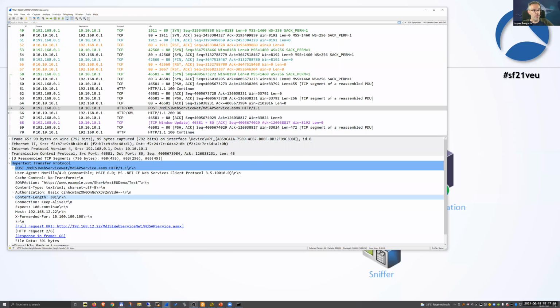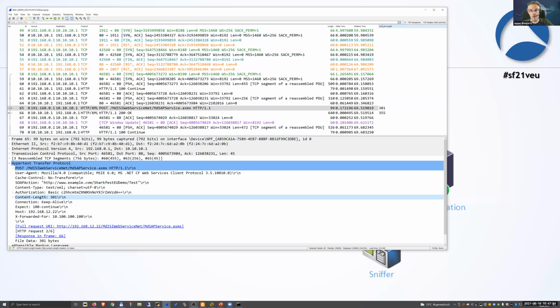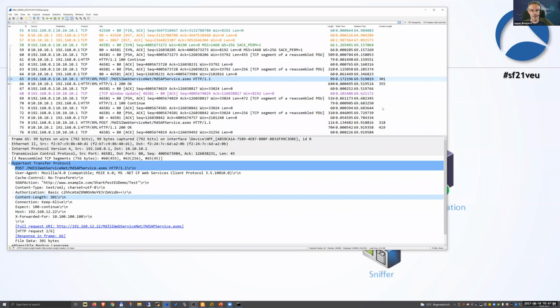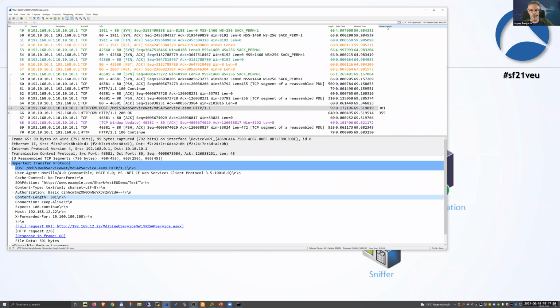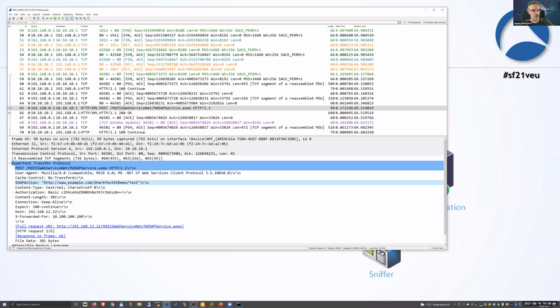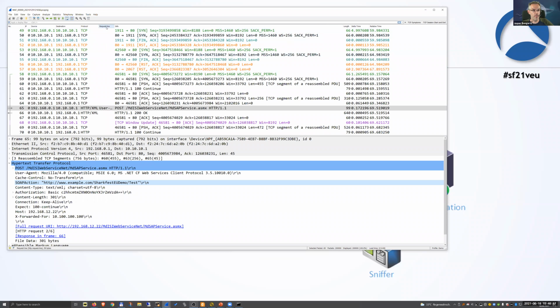And then you need to realign your column sizes. And then you can see when there's a packet that has this value, it's in this column. So I don't need this one. What I need is a SOAP action column. So what I did is I clicked apply as column, or what is also possible is you just drag and drop it here. Let's say I want it here. Now it's ended up here.